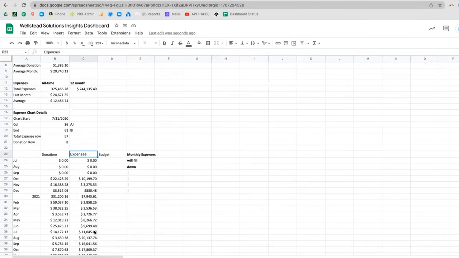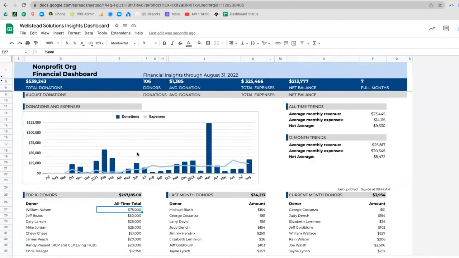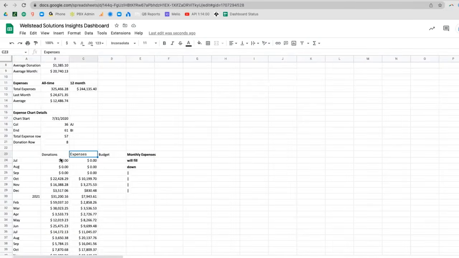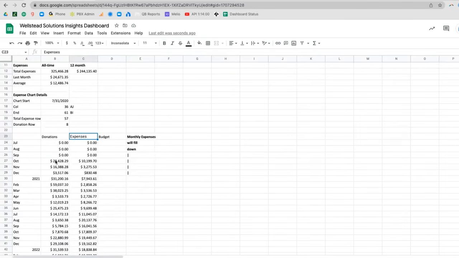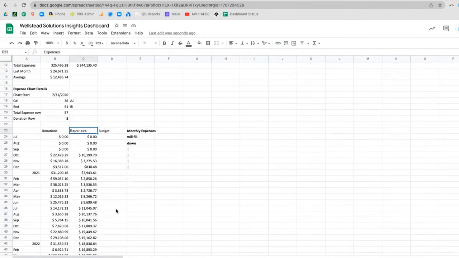And then this becomes the source for this chart, because now I have all of this expense and donation data living side by side, all in the same month, and can pull that all up into a chart. So that's kind of the full cycle of how information goes from donations and expenses all the way down into a simple dashboard that,